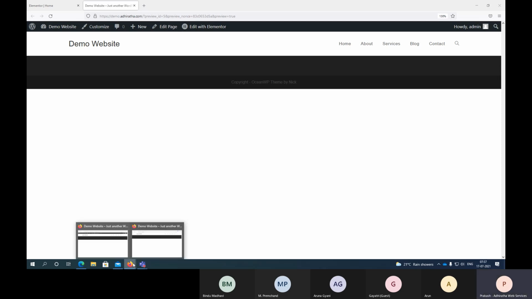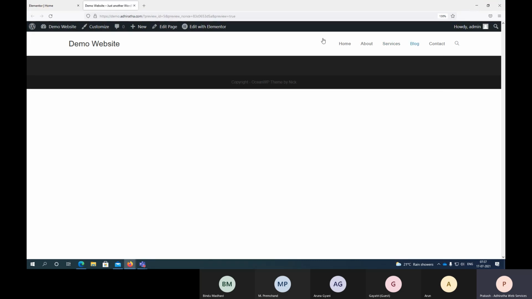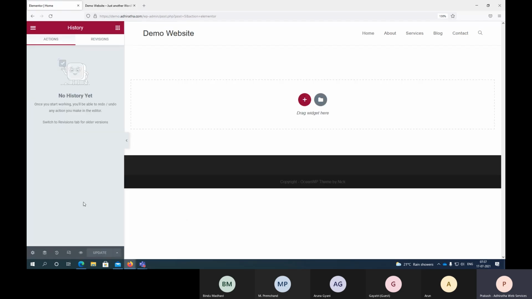But we'll be using a different incognito mode window where you'll be able to see it right away. Sometimes if you log in as an admin, few things will work, but for customers or users, it may not work. That's the reason we'll check from incognito mode. So let me come back here.